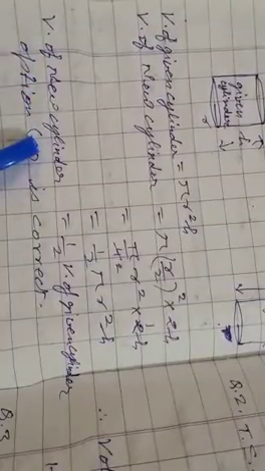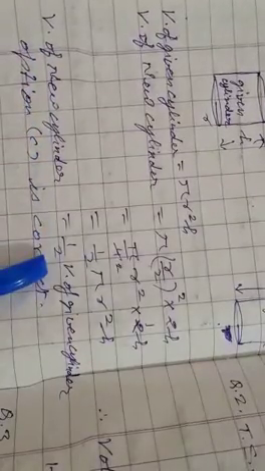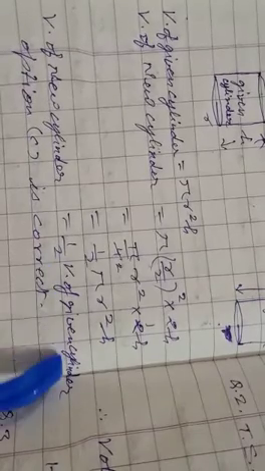According to your question, volume of new cylinder is equal to half the volume of given cylinder. If radius is half and height is double, the volume will be